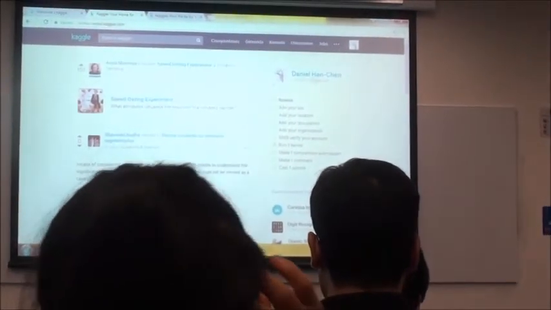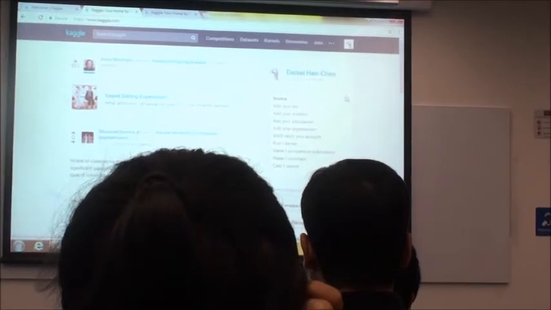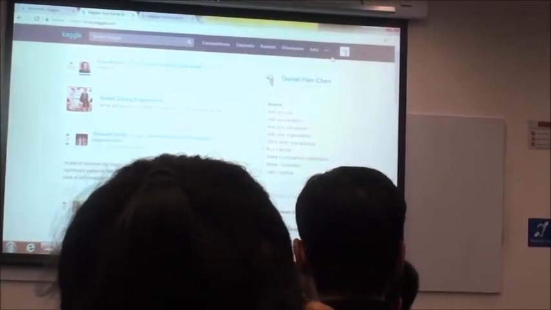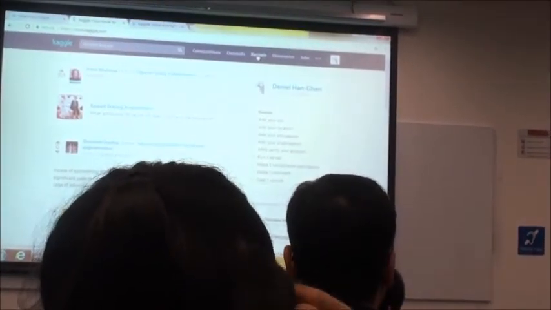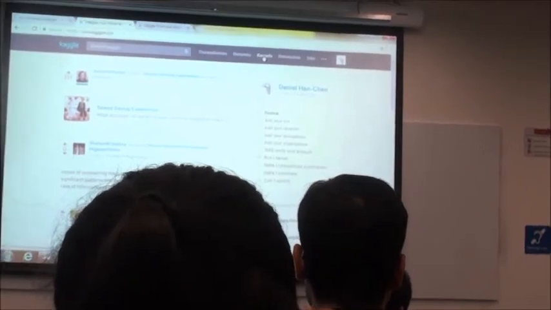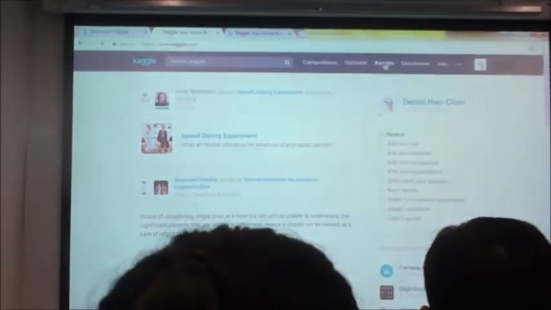So this is only if you have Anaconda Python, we'll show you how to do it. But if you don't, then it doesn't matter. If you go to your dashboard for Kaggle, or if you don't want to use Anaconda Python, you can just use Kaggle. It's the same thing. So you go to kernels,